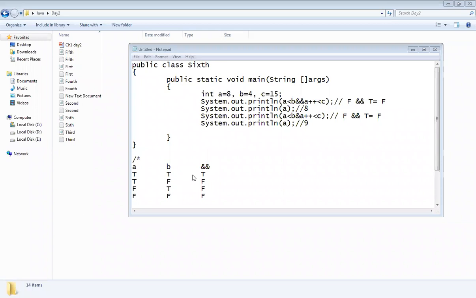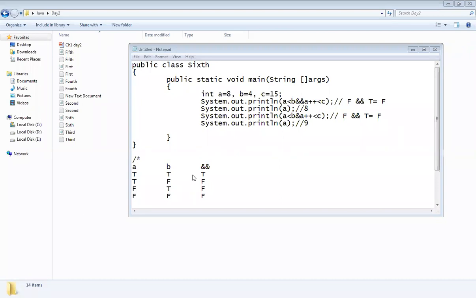In AND, if the first condition is false, there is no need to move further. But in OR, if the first condition is false, then you have to check the second condition whether it's true or not. But in logical OR, if the first condition is true, then there is no necessity to go for the second condition. By default, your truth table becomes true. That's why in logical OR it doesn't check the second condition if the first condition is true.